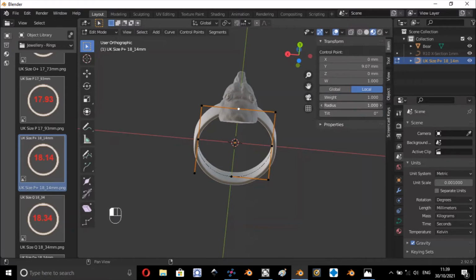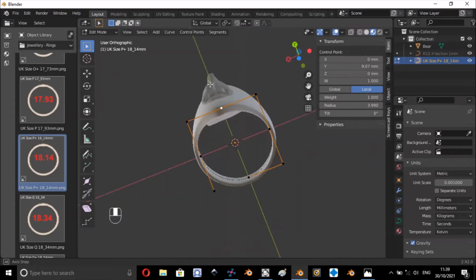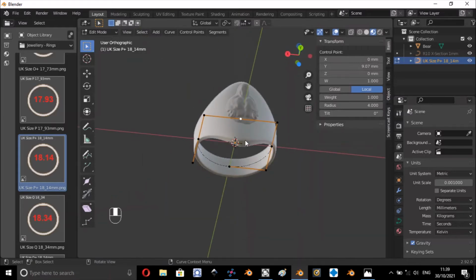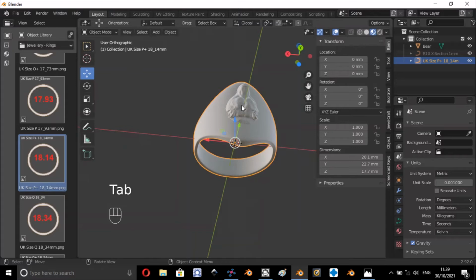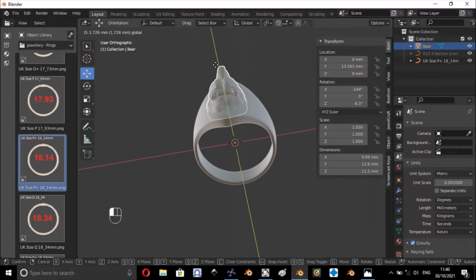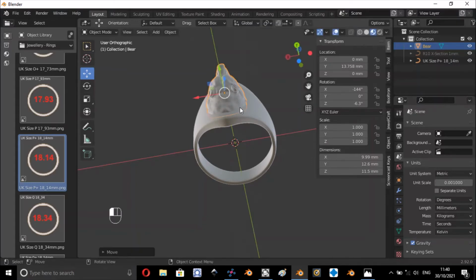So if I click in the radius here and drag the mouse to the right, you can see that I'm increasing the size of the ring. So I've just pulled the ring out there, and I'm going to just type in there and set it to the number 4, but you can set that at any value you want, and then press the tab key to come out of edit mode. And if I just click on the bear's head now and drag upwards slightly with the green arrow,